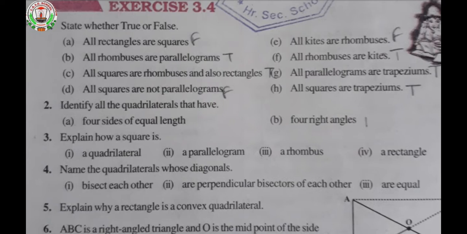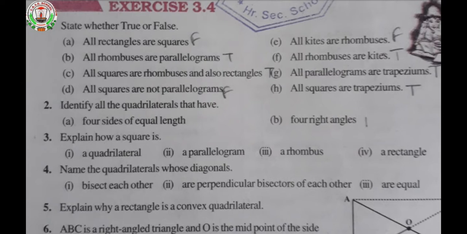So students, while doing questions number 1, 2, 3 and 4 as well as 5 and 6, it is very important to know the properties of a parallelogram, square, rectangle, kite, trapezium, rhombus. Okay, and all this comes under the classifications of a quadrilateral. So before starting this exercise, please revise the properties. Okay, so the fourth question is cleared. I will give you the solutions. Before giving the solution, I just explain what the question asked.